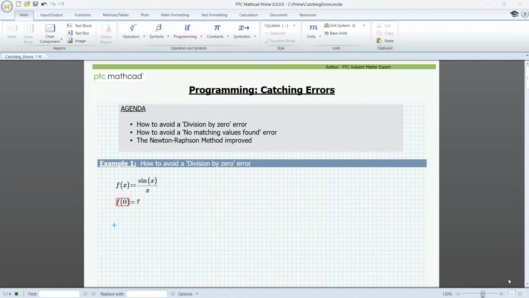The function sin x divided by x is not defined at x equal 0. If we calculate f of 0, we'll get an error. This expression is divided by 0. It cannot be computed. Since the limit of sin x over x as x approaches 0 is 1, it would